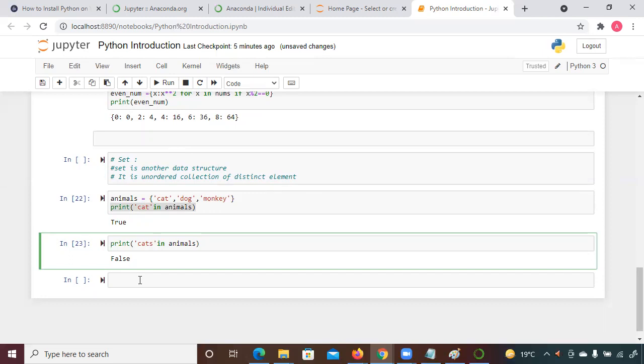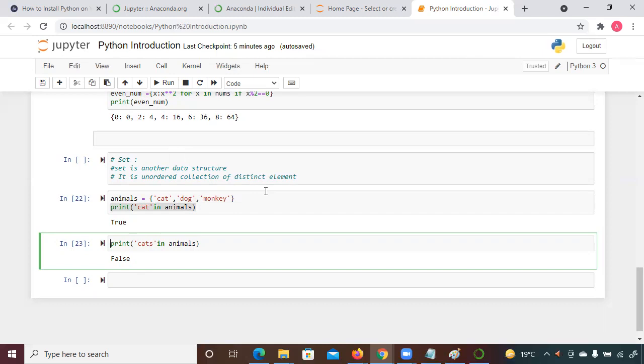Now, if you want to add an element to a list, how do we usually add it? You just use append, right?